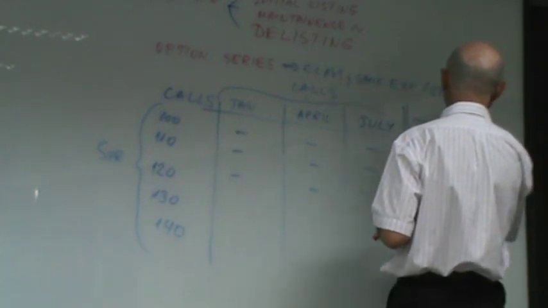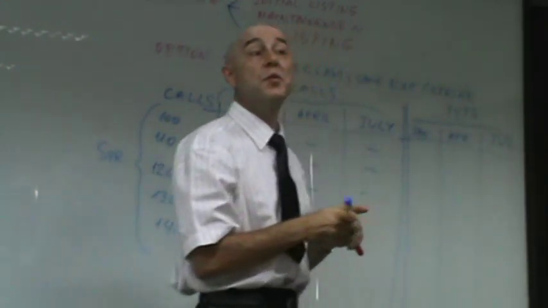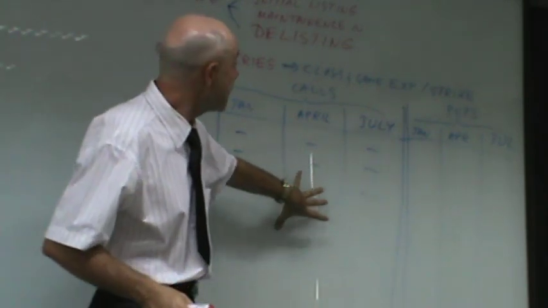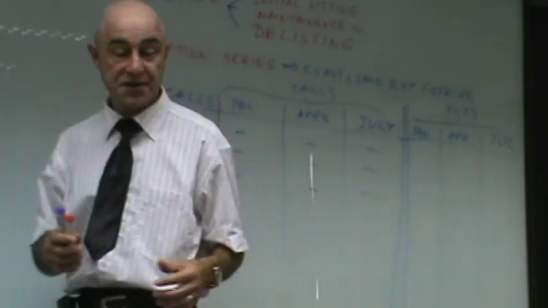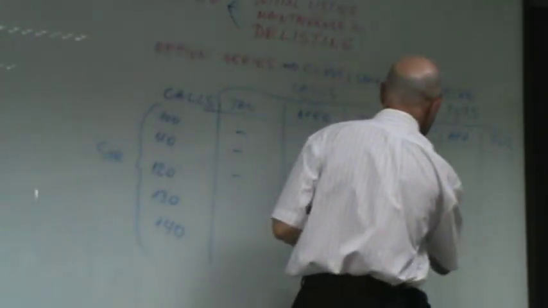And these here are puts. So this is one option class, and this is another option class. Okay? And here you got again